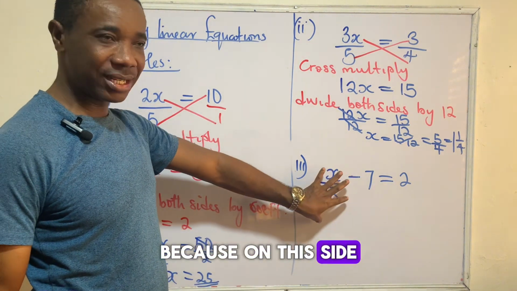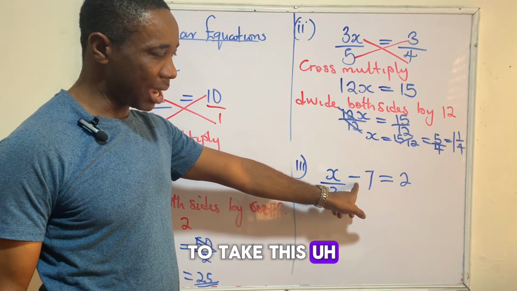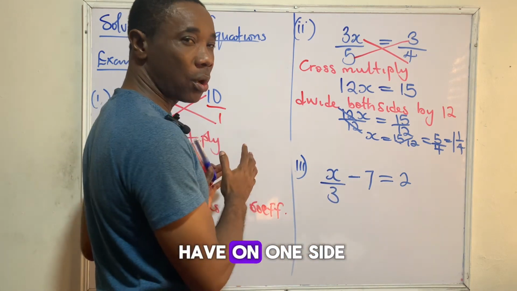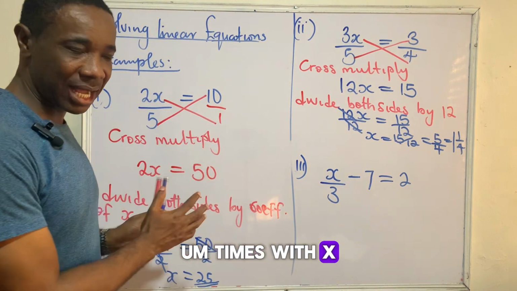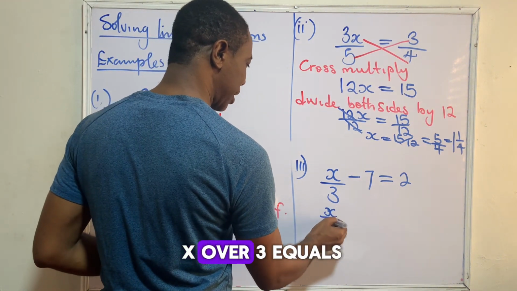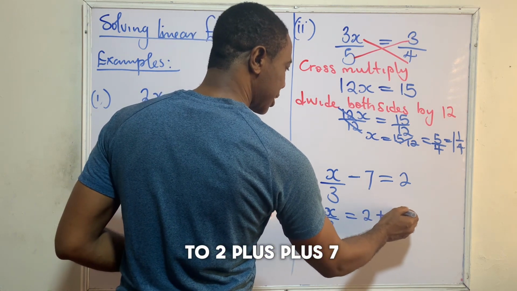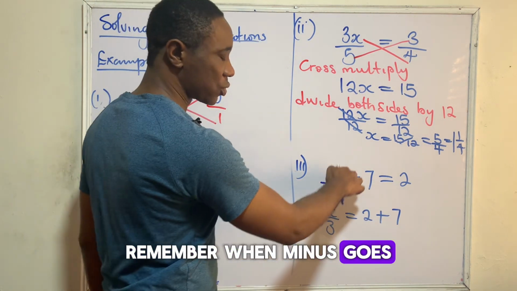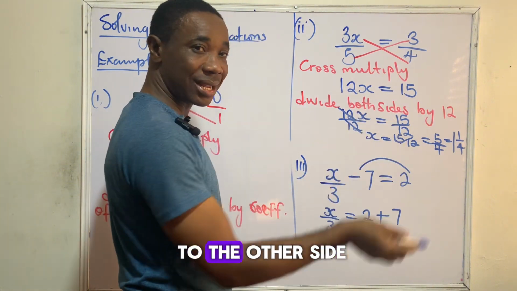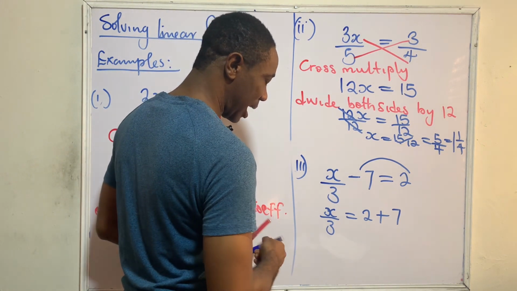Now, because on this side of the equation you have minus, the first thing you want to do is to take this minus 7 to the other side, so that you can have terms with x on one side and terms without x on the other side. This will give us x over 3 equals 2 plus 7. Remember, when minus goes to the other side, it becomes plus. And when plus goes to the other side, it becomes minus. So this is what you have. So we now have x over 3